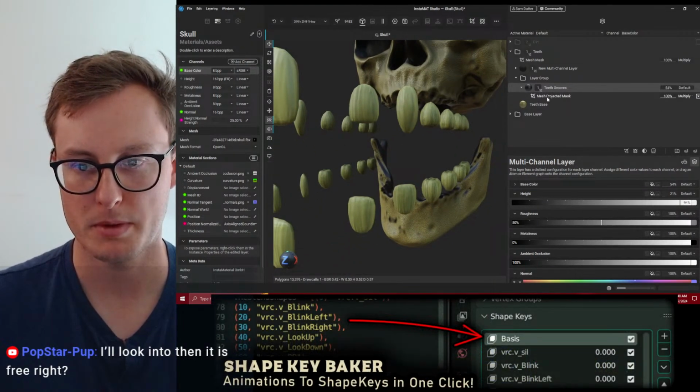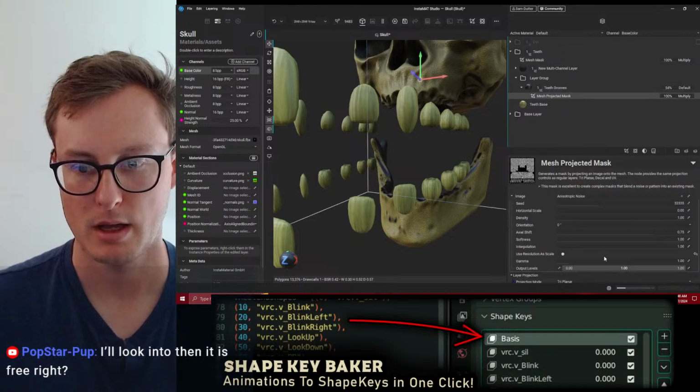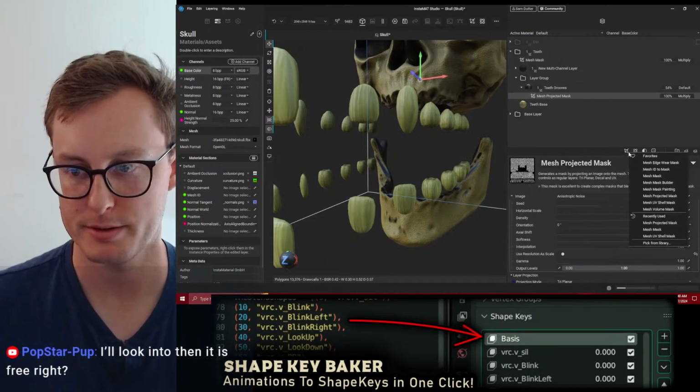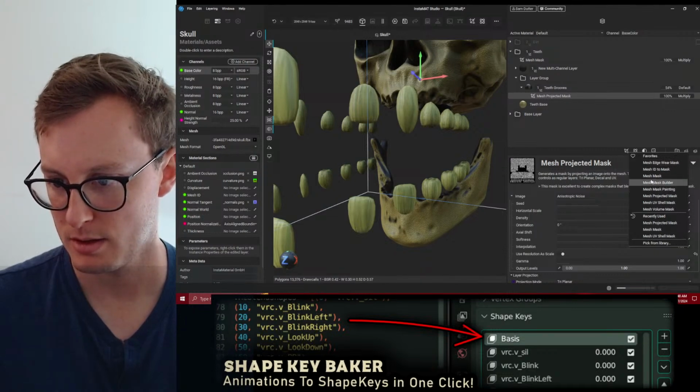But I want to warp this mask. Warp, warp this mask. But maybe there's a way to do that.